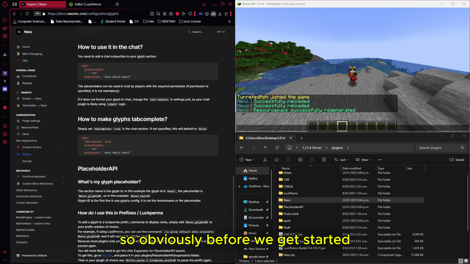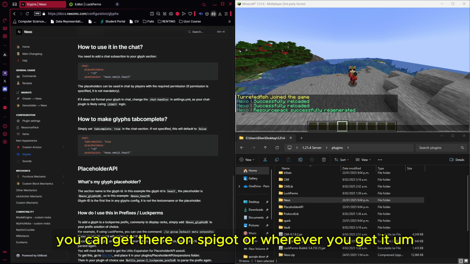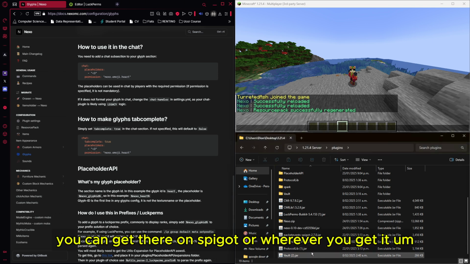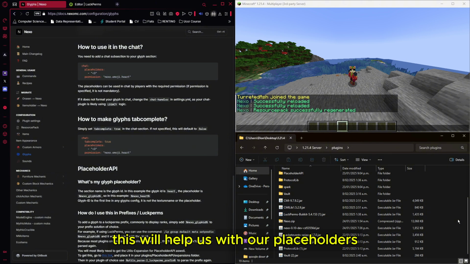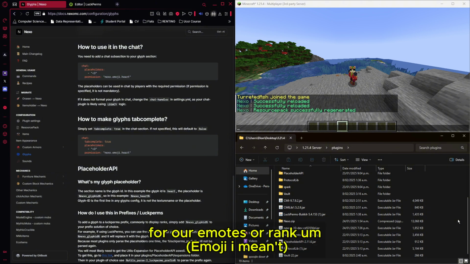Before we get started, you want to make sure you have a couple of plugins. First things first, make sure you have your placeholder plugin. You can get it on Spigot or wherever you get it. As you can see, I've got my placeholder plugin. The reason we need this is that it will help us with our placeholders for our emotes or ranks. And also